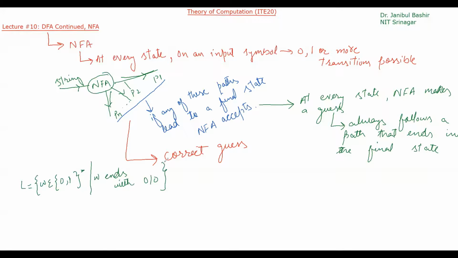So, I have already given you an assignment to design a DFA for this. And you will see that the DFA design is quite complex. However, if I have to design an NFA for this particular language, then it should accept those strings which end with 0, 1, 0. So that means I should have a state. On this state, if it sees 0, then it should go to the next state. On this state, if it sees 1, it should go to the next state. On this state, if it sees 0, it should go to the final state.